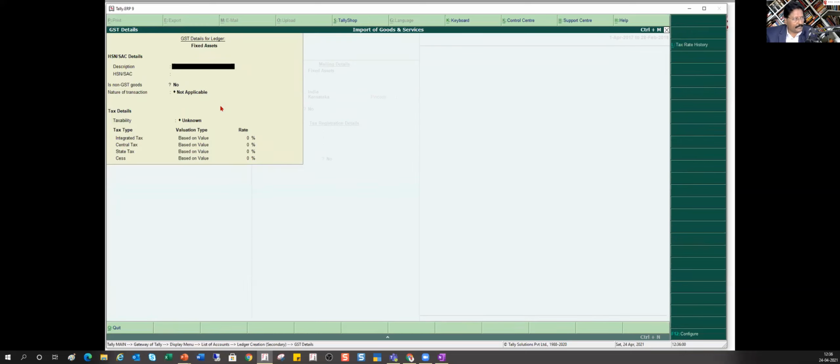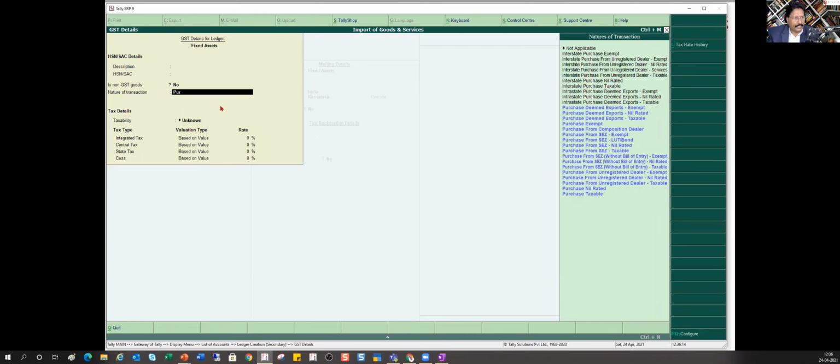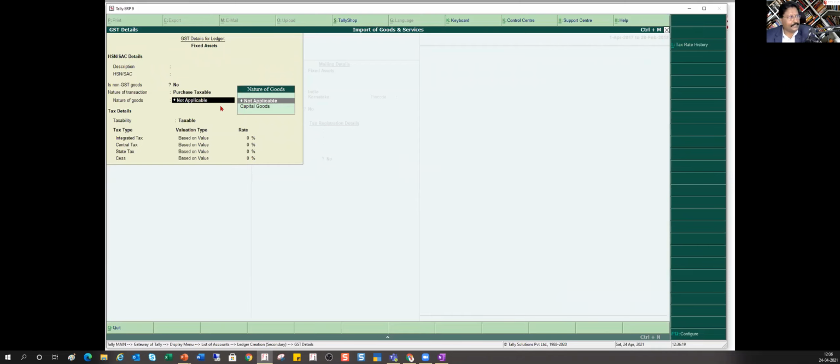You specify the description, HSN, and all those things. Then the nature of payment, you have to tag it. Only if you tag the proper nature of payment, then it will ask you whether it is your fixed asset. So for example, I am buying this locally, so I'm going to say purchase taxable, and see here Tally is asking you whether this is a capital goods.